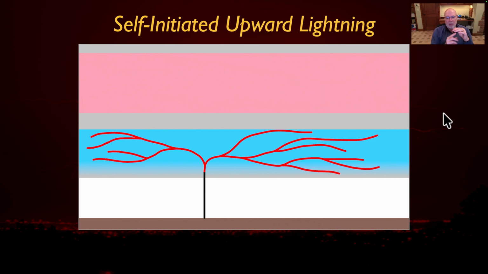But if you have wind and you take those corona ions away, it exposes the tower tip to that full electric field. And that is a condition that we think aids in the initiation of a self-sustaining upward propagating leader with self-initiated